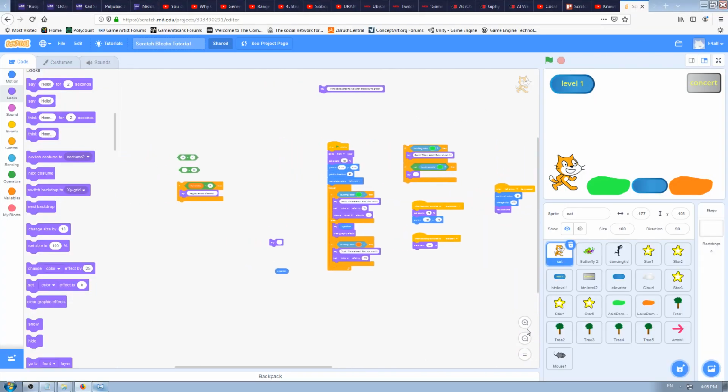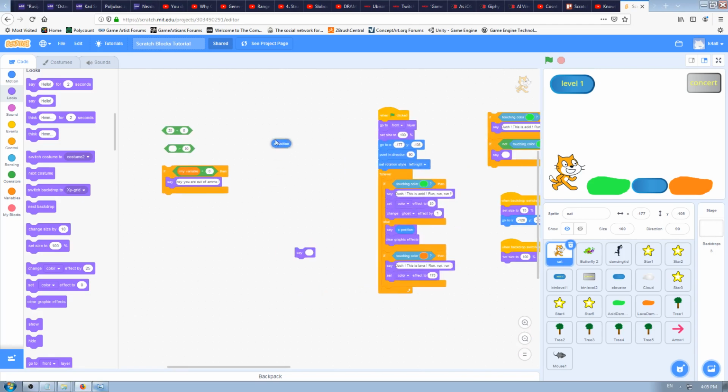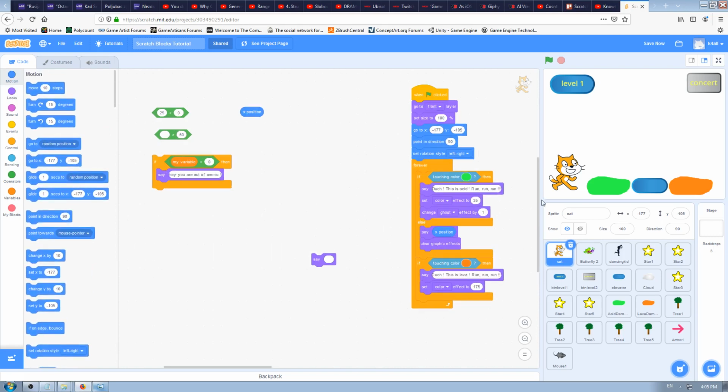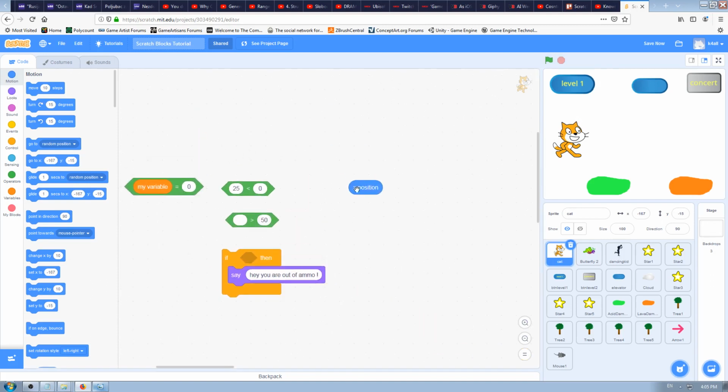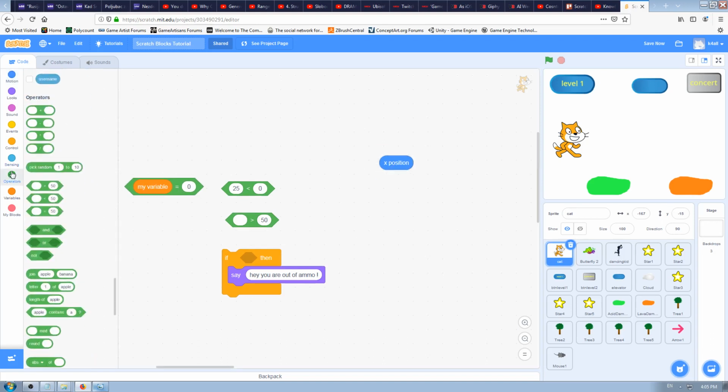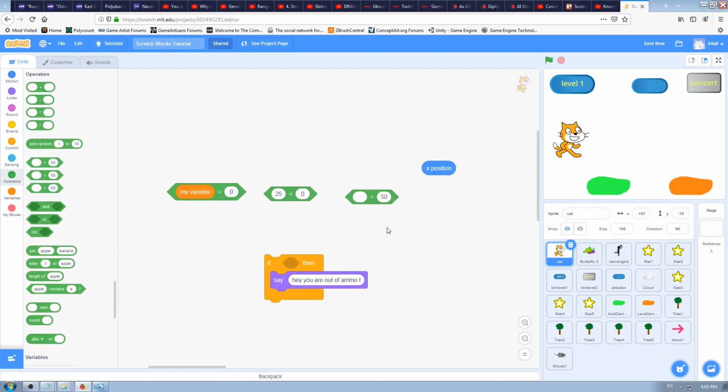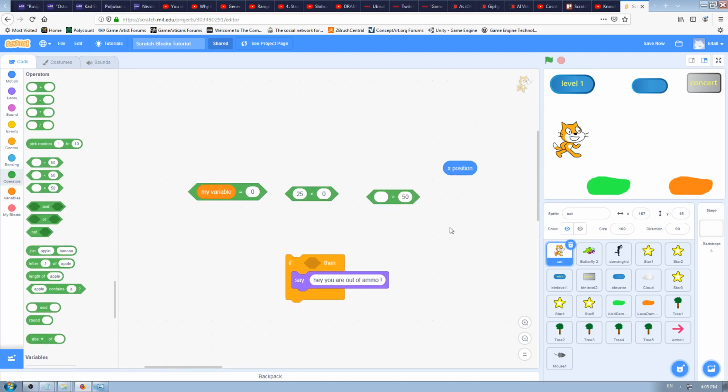In the last few videos I was explaining this X position motion block. So we have the cat showing on the screen where her X position is, how big or small her X coordinate is. And we have also explained these equal, greater than, and less than operator blocks, which are green. We haven't used them in the game yet. We are going to use them now, but we have explained you can use them for some shop in your game. You can use them to compare one value to another, for example